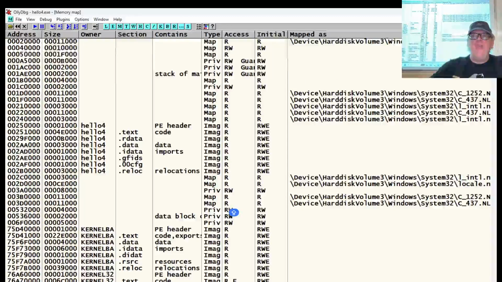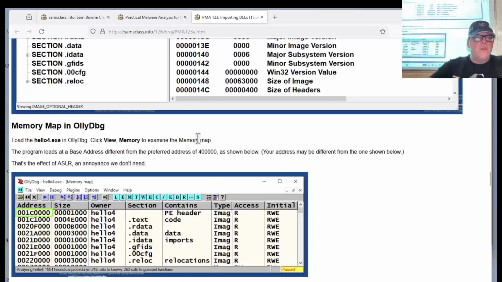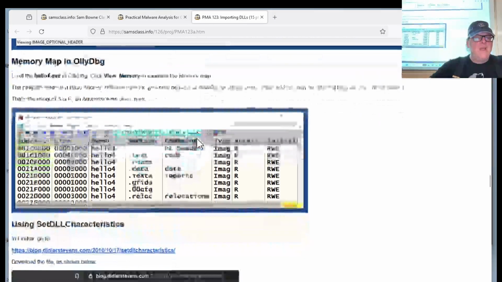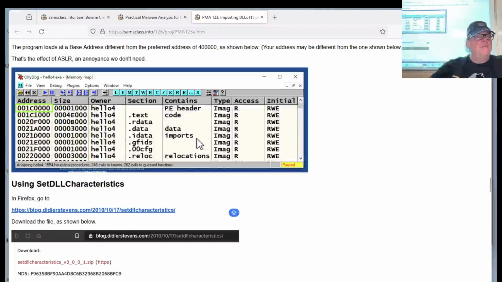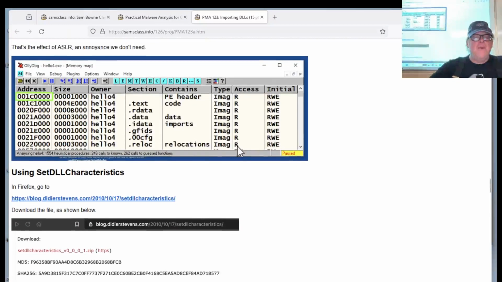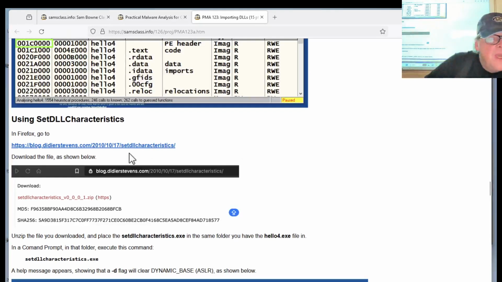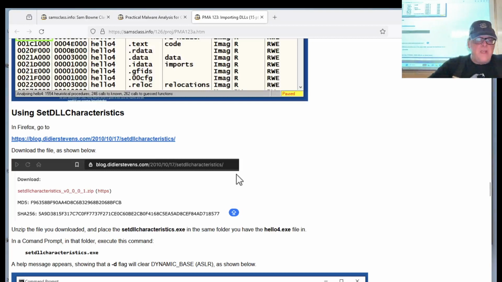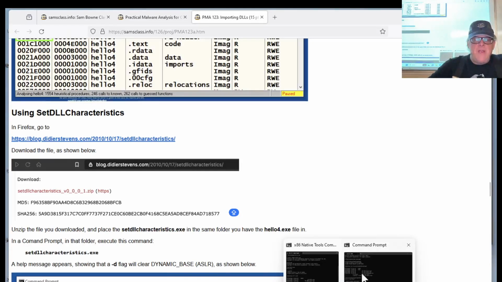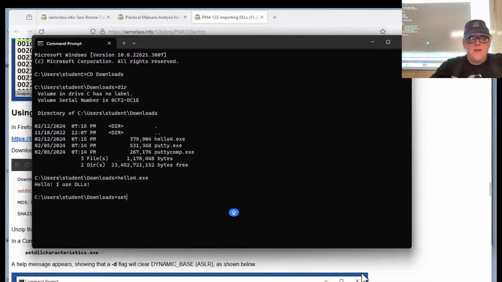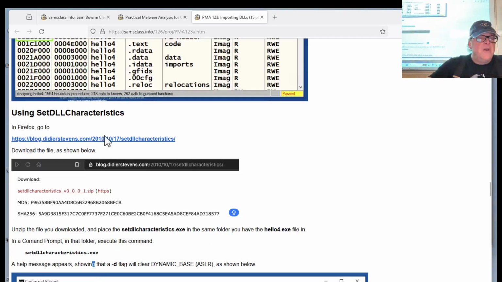Now that's annoying, and you can fix that. There is a tool from good old Didier Stevens, one of the geniuses of Windows, who wrote this tool called setdllcharacteristics, and I think it's already on this machine. Let's see. Maybe not. Let me see if I've already got it in my available command prompt. setdllcharacteristics. It's not there. Okay, I guess I'll download it. The file is in my downloads folder anyway, so I'm going to go here,